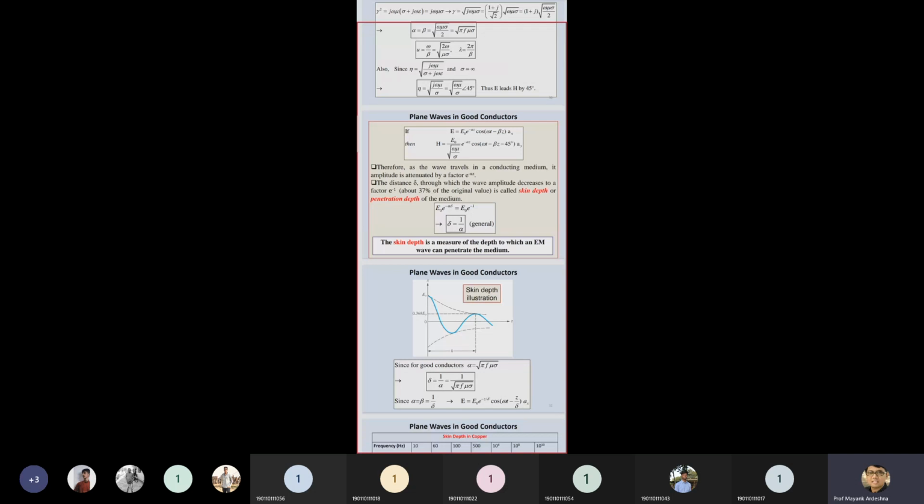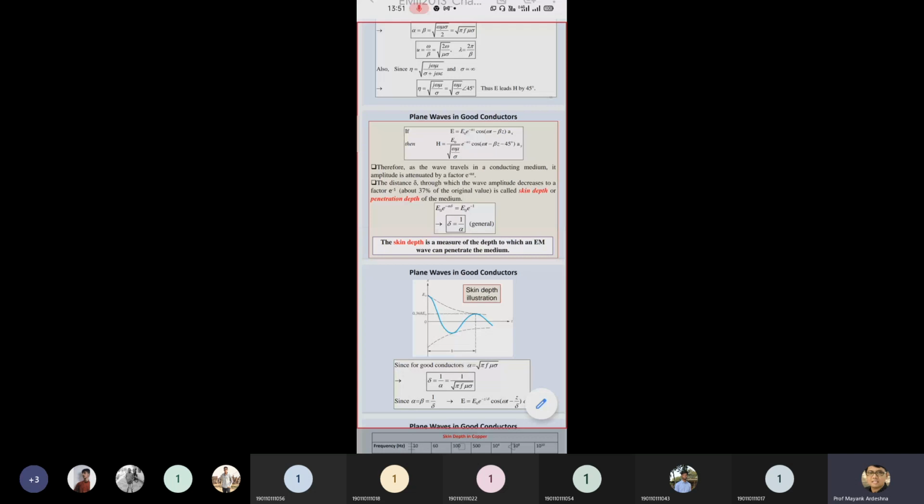Why is it this one? So skin depth is basically what? Maximum value. Suppose you are setting the maximum value to 5 volt. Out of the 5 volt, when 37% of your voltage goes inside, it is considered as skin depth. So how can you find it? E0 e raised to minus alpha z equal to E0 e raised to minus 1, because e raised to minus 1 indicates 37%. So we are taking this value E0 e raised to minus 1, and if you simplify it, E0 will be cancelled out, and from the z parameter,